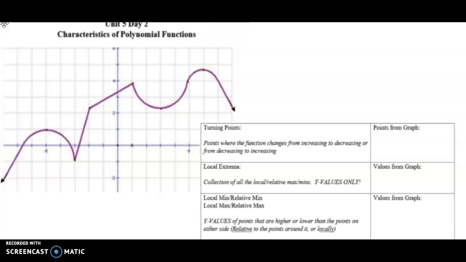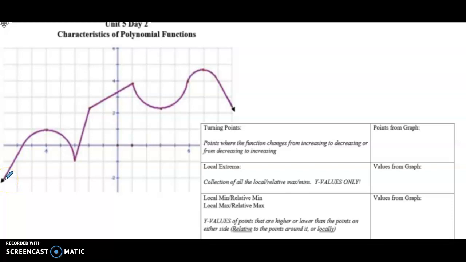Okay, so what we're going to do is take a minute and go over the characteristics of polynomial functions. We're going to define some vocabulary terms, and after we define them, we are going to take a look at where those points are on the graph. So before we do this, I just want you to take a look at this graph